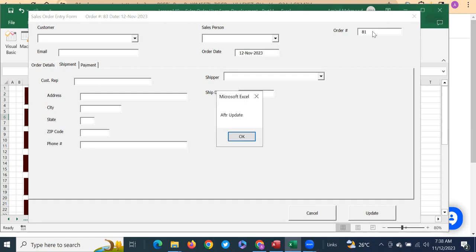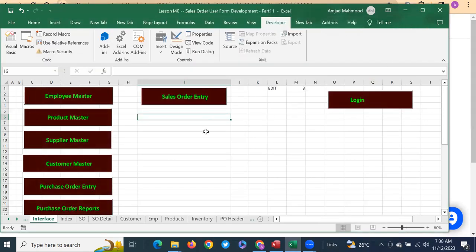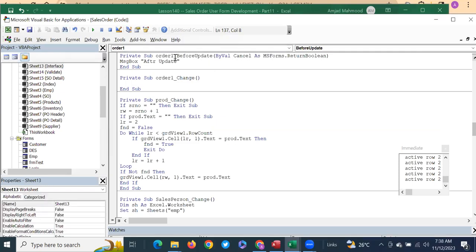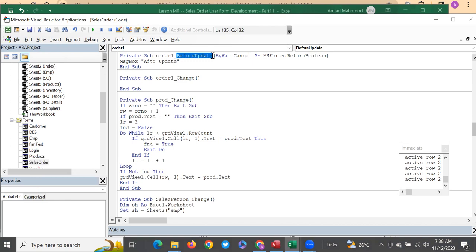So this is after update. As soon as you press enter, this is after update. Whereas the item which we clicked here, out of 11, is actually before update, which is showing you the update that you have done. As soon as you get a change in here, now your job is to find it out